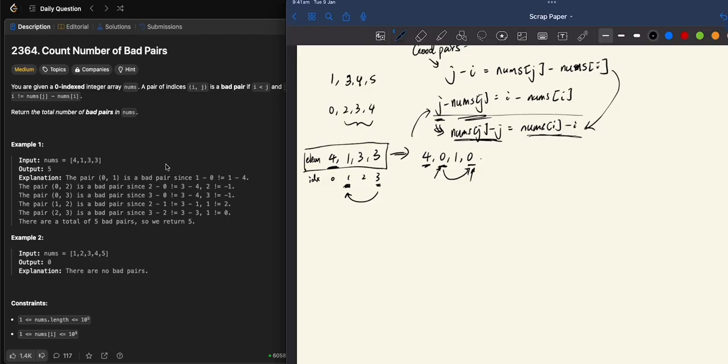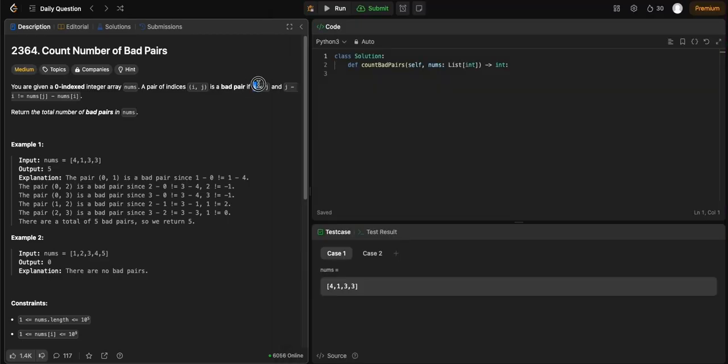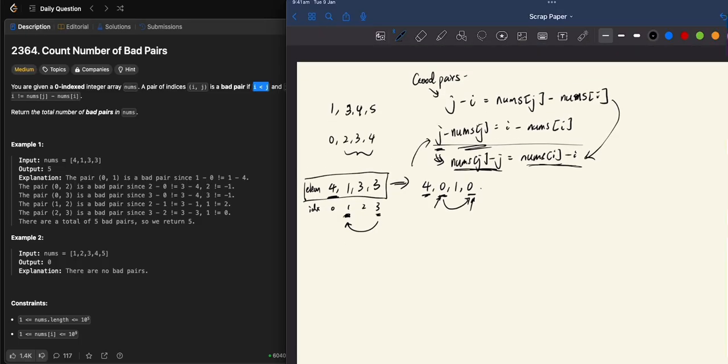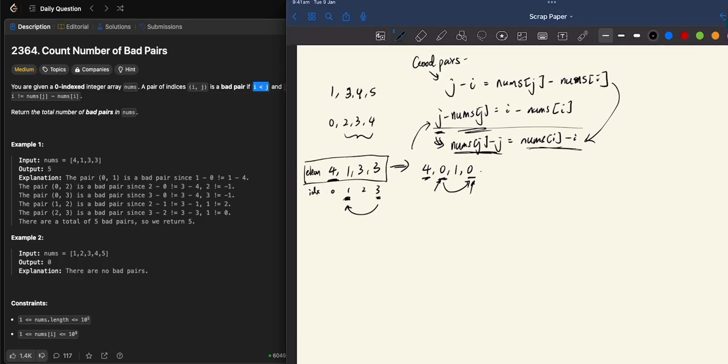If we have 2, we can form one pair, because remember, i has to be smaller than j, so we wouldn't double count. A few days ago we had a question that uses the arithmetic sum. I still don't remember what that's called, but basically the formula is the number of good pairs